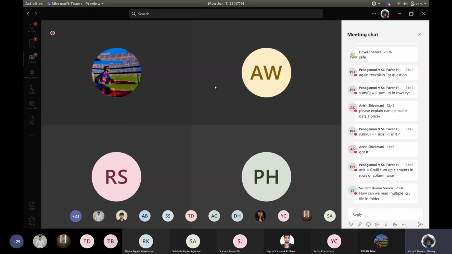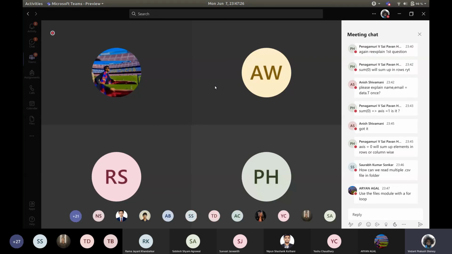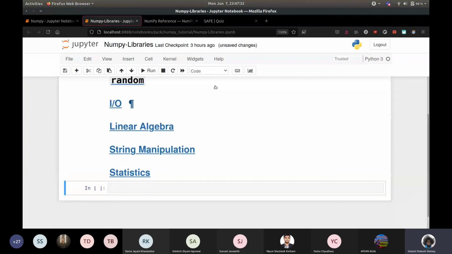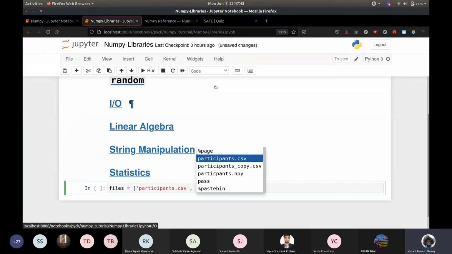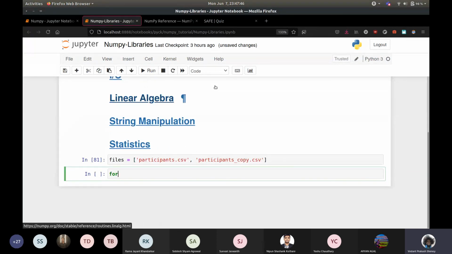Well, for one thing, you can use a for loop, which will make it easy. Is that what you sort of mean? You'll have to take them into different arrays, but if all the columns are the same, then yeah. If you want to use NumPy to do it, for example, there are two CSVs here now. So you need to know the file names. The file names are participants.csv and participants copy.csv. For file in files,